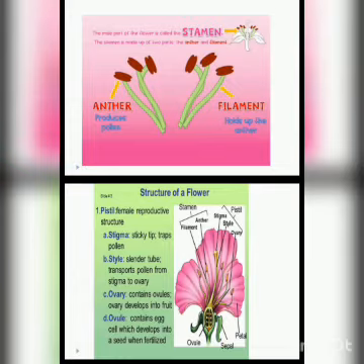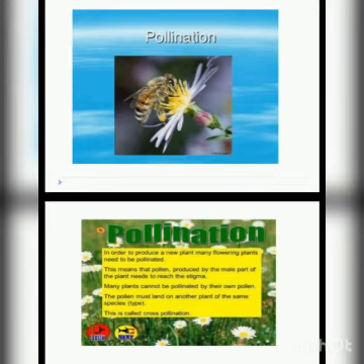Now we have to understand the function of stigma. Stigma is the sticky tip which traps the pollen grains that move from one flower to another flower or from one plant to another plant. Second one is the style, that is the tube shape that transports pollen from the stigma to the ovary.